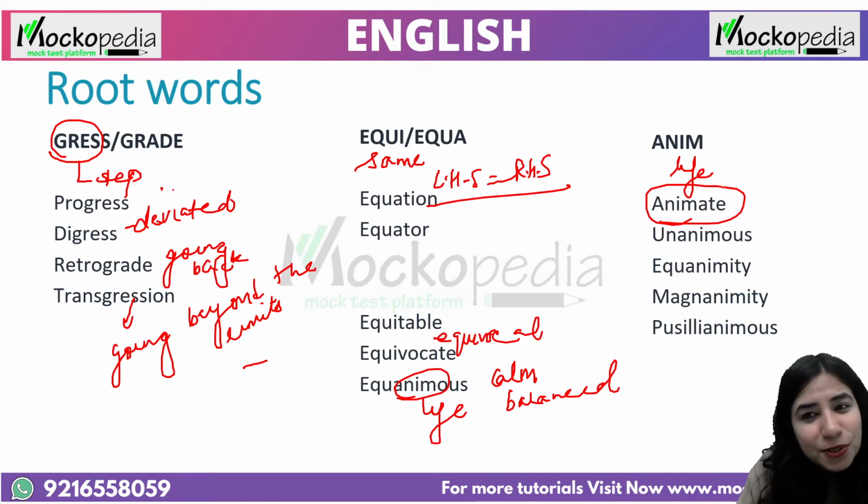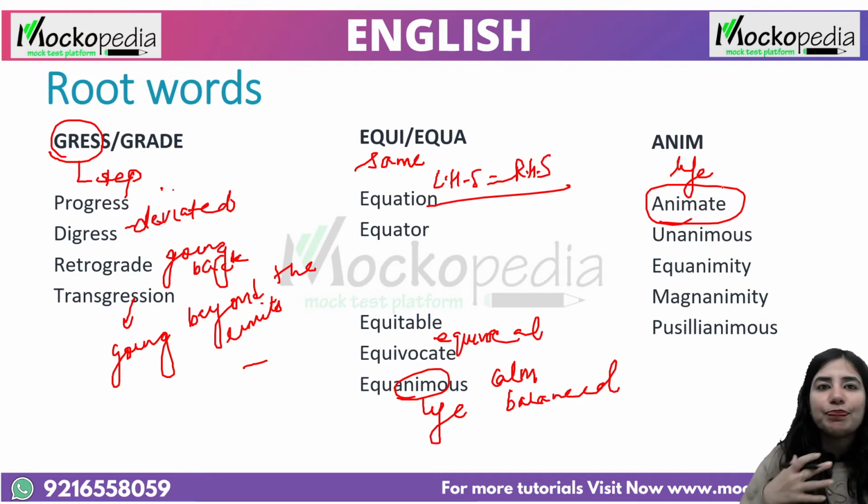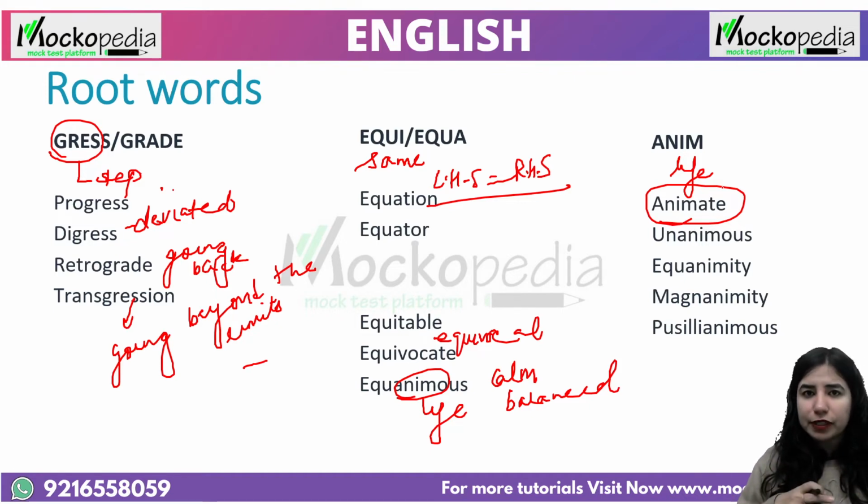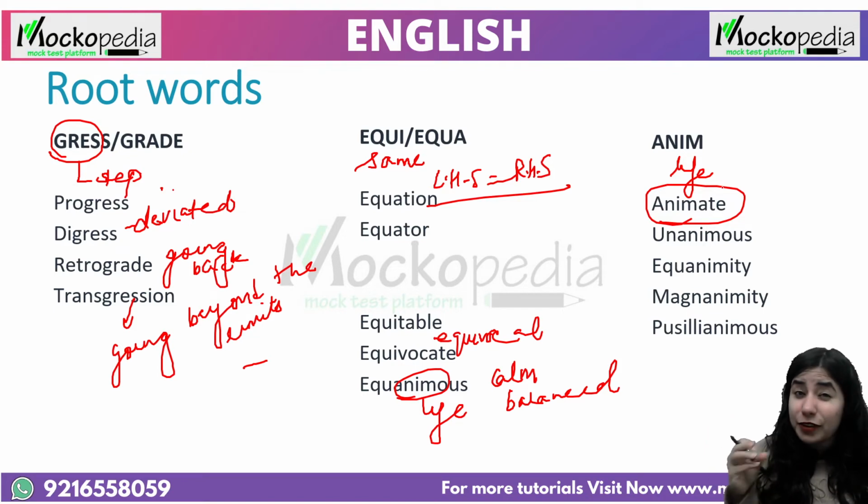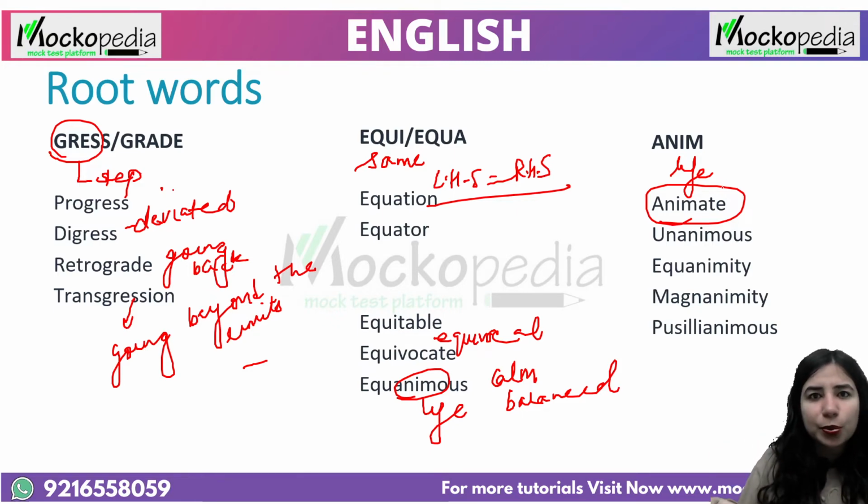That's how animation works, right? Or at times, what would we do? I'm speaking like this, and then all of a sudden, I'll do a modulation, and I'll do a lot of gestures. How does a cat do? When you talk to little babies, how does a cat do? We'll say meow. So this is where you're animating. So that's where we use the word animation. Anim is life, and then you can easily associate. Unanimous, where everybody is together with the idea.